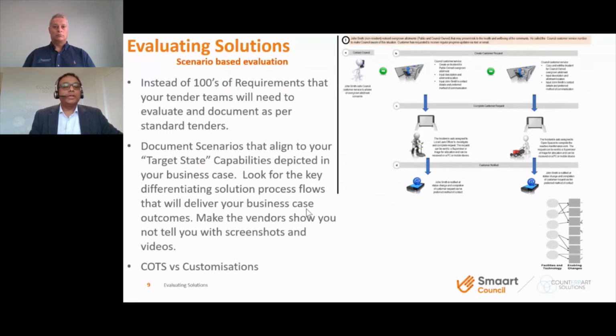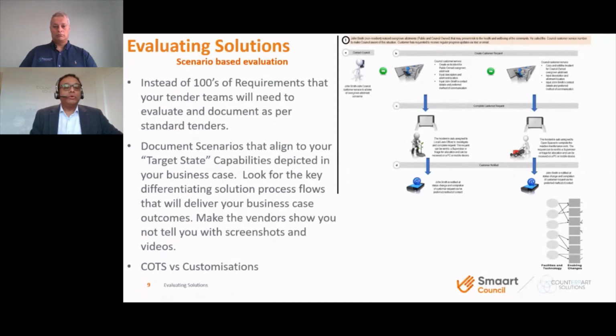That's what we recommend, so that when we evaluate, you're getting an overall solution view of what the solution can provide as part of the digital transformation. The other important aspect is to have the vendors demonstrate what the solution end-to-end process would look like on the flow of the automation as part of the implementation.